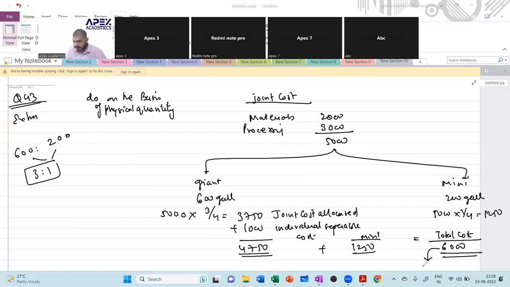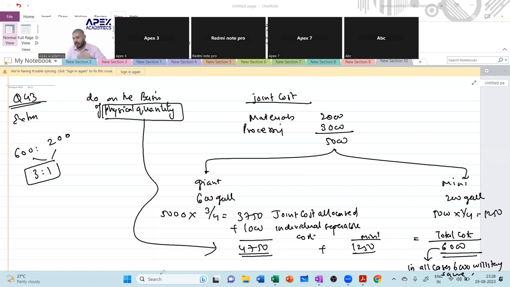In all cases, the total will stay the same. What will change is the basis of allocation. Physical quantity, you are getting this as the first. You did NRV, you did physical quantity. There's one more way. Use gross market value. What are the three ways? NRV, physical quantity,